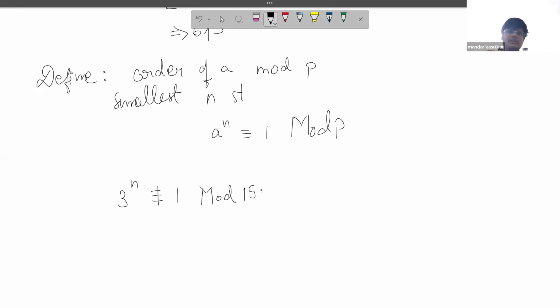Can someone prove this statement? 15 is congruent to 0 mod 3, but 3 to the power n minus 1 is not congruent to 0 mod 3. So,